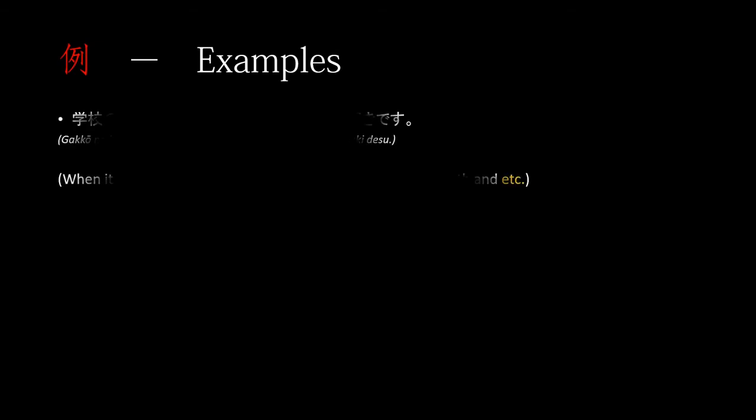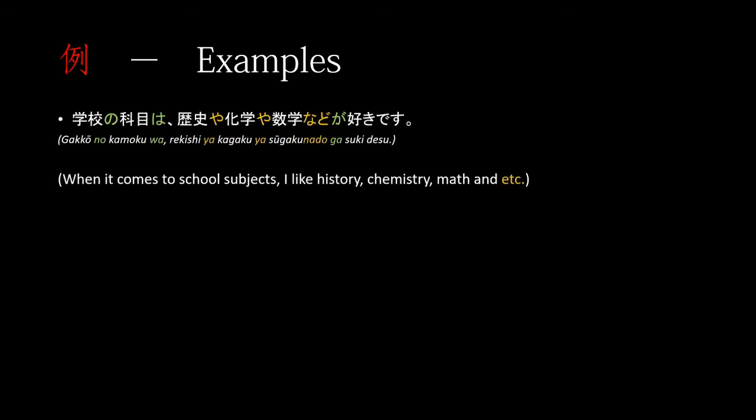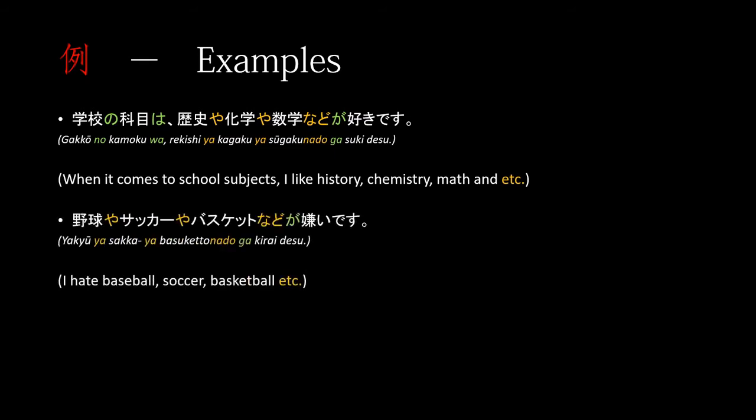Now we are moving on to ya. When it comes to the usage of ya in counting, it is absolutely necessary to keep in mind that there is a whole lot more objects in the list than presented here in our first sentence and in our second sentence. The first sentence, Gakko no kamoku wa rekishi ya kagaku ya sugaku nado ga suki desu,